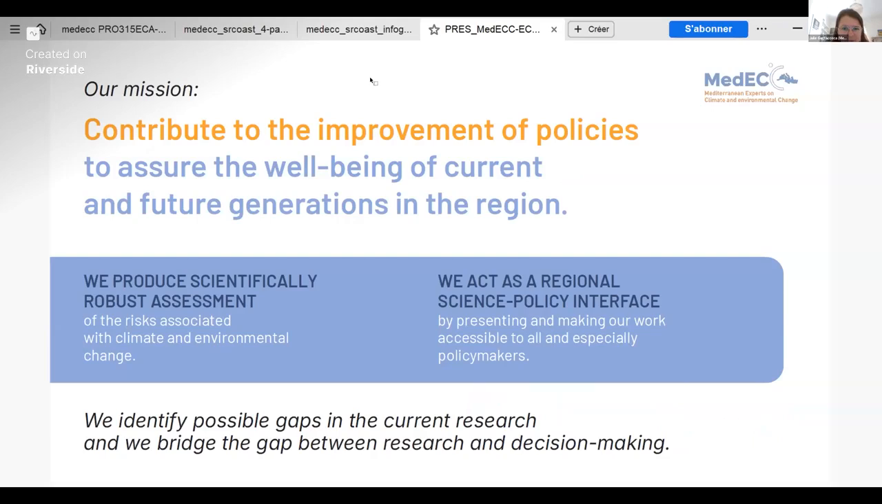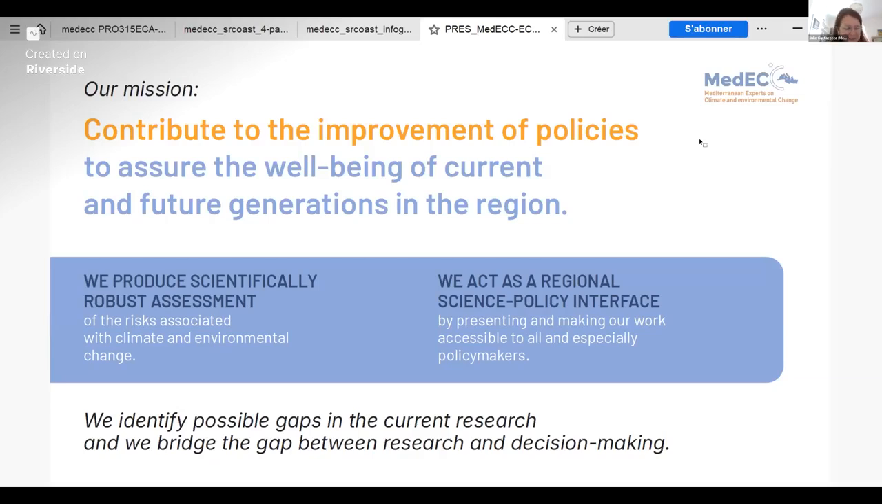Sorry, I have my stick. So the goal of this network is to contribute ultimately to the improvement of the policies in the region, and it's based on the process of, for example, the IPCC and the IPBES that I'm sure a lot of you already know. So we aim to produce the scientific assessment of the risks in the region